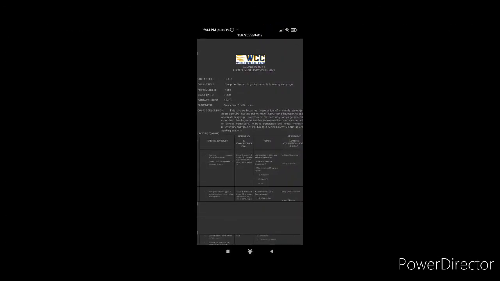Okay, for the course syllabus of IT 416, the course code is IT 416, and the course title is Computer